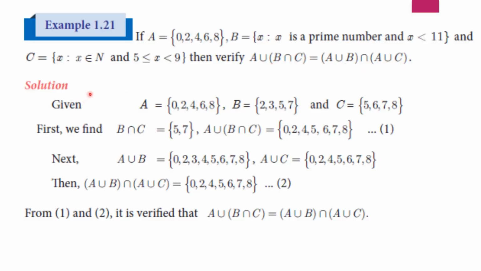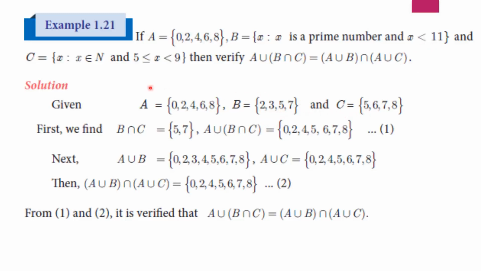Let us see the solution. First you have to write the given data. For the A set, all are even numbers, we can directly write. But the B set is in set builder form. You have to write it in the roster form. Here x is a number less than 11 and x is a prime number. What are all the prime numbers which are less than 11? Yes, 2, 3, 5, 7. Prime numbers mean that the numbers are not divisible by any other number. Okay, 2 is the only even prime number. 1 is neither prime nor composite number. So the prime numbers less than 11 are 2, 3, 5, 7.